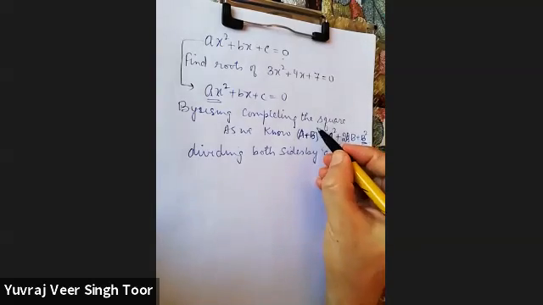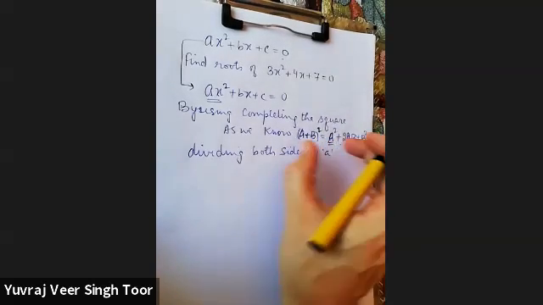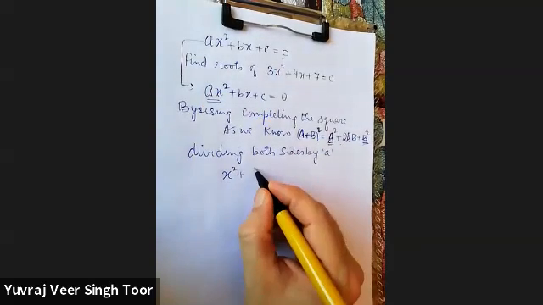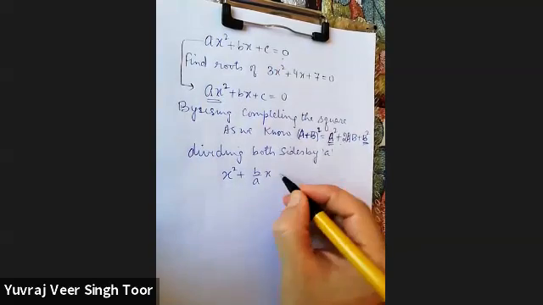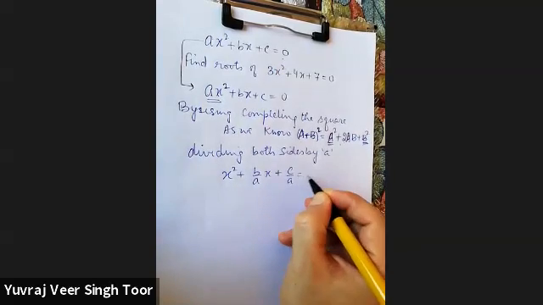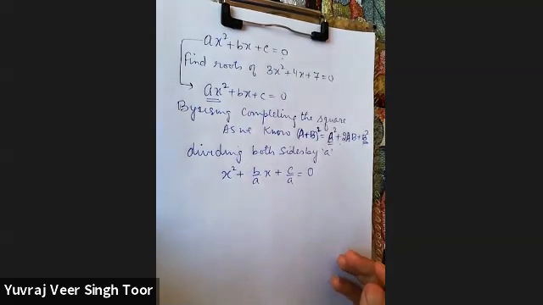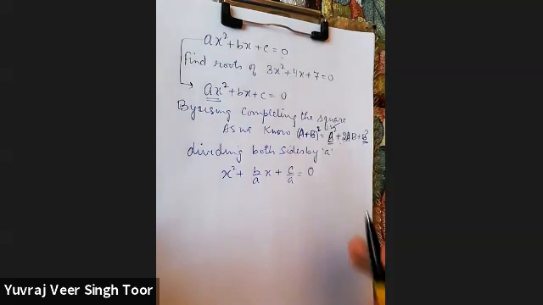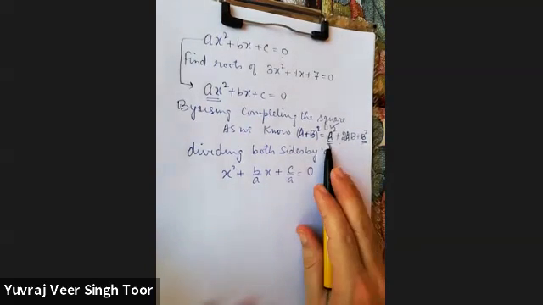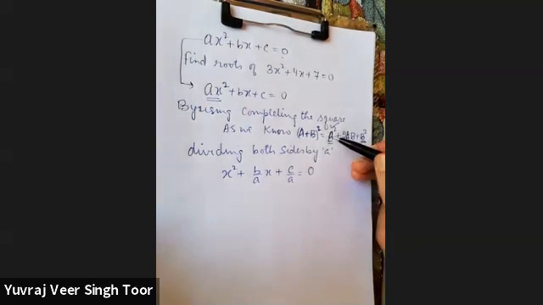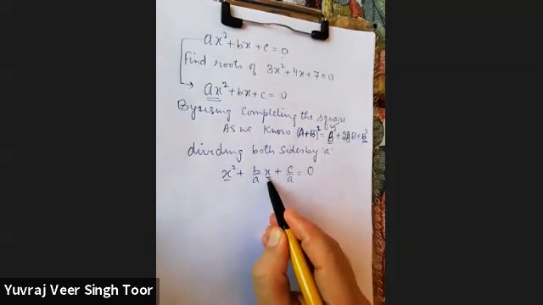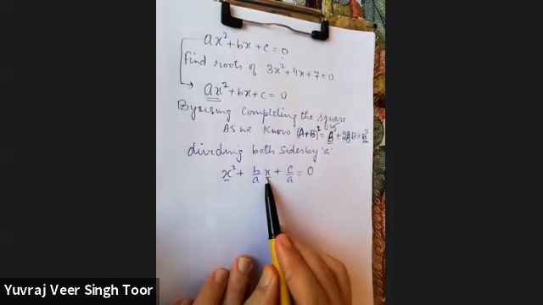So keep an eye on this side. I want this kind of arrangement over here. So first thing I'm getting is x square plus b by a x plus c by a. 0 divided by a is 0. So I've reached my first part of the aim. That is, one term is a square term. What is the base of this term? It's x. It is present here. Can we see other term which is having this base? Yes, this is the term where you have the same base.